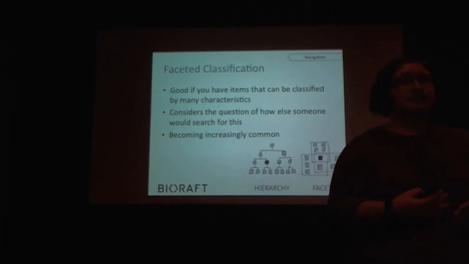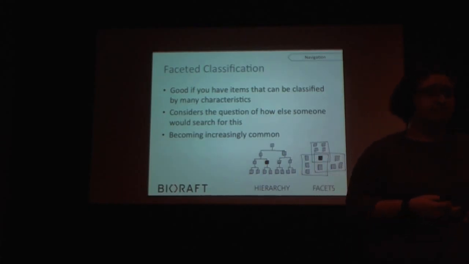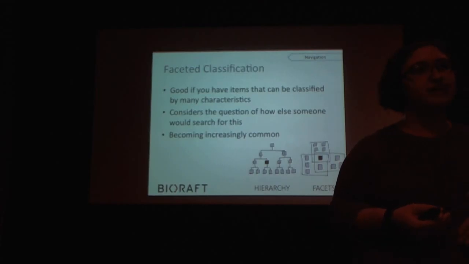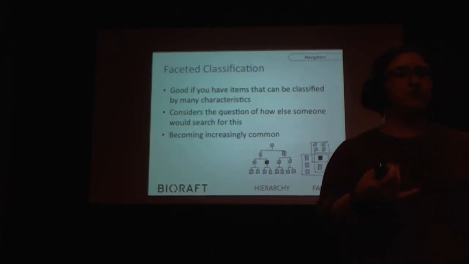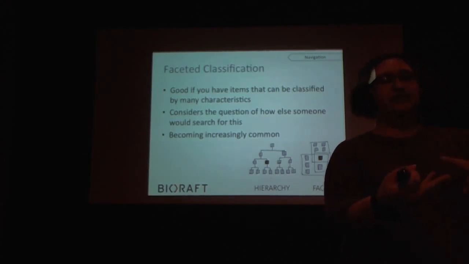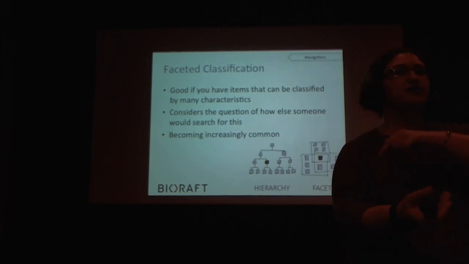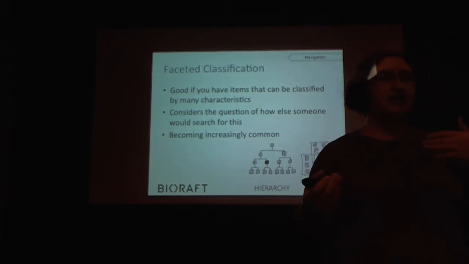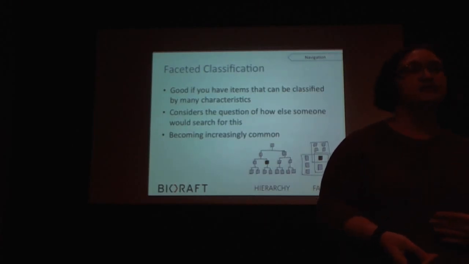So there are different kinds of classification. People are pretty familiar with the hierarchical, but faceted classification is becoming more and more popular. If people are tagging information, then you can search by any of the tags. So going back to apartments, there's parking, it's a 2-bedroom, it's pet friendly. There are various different angles that you can come at it, but they have varying levels of importance to different